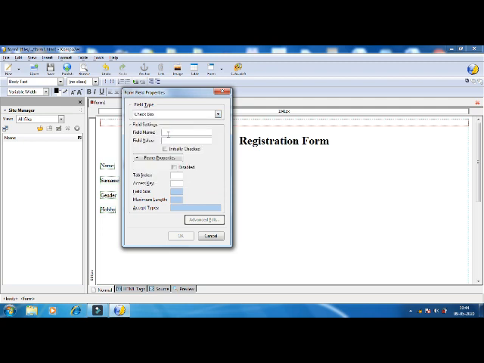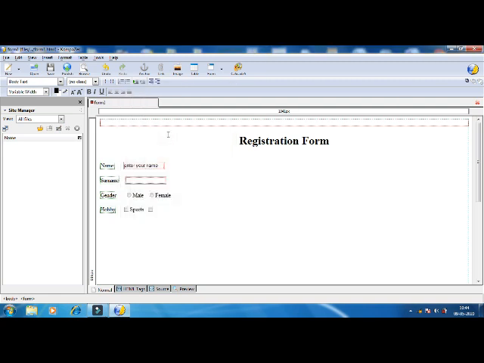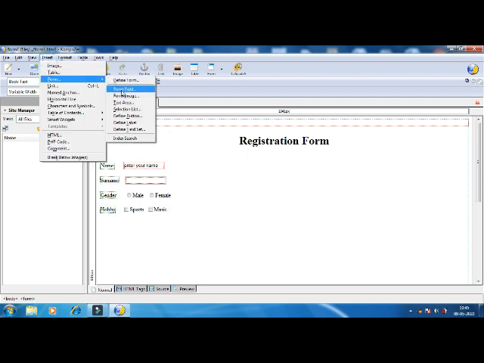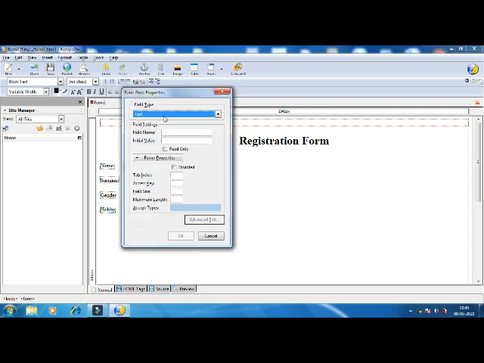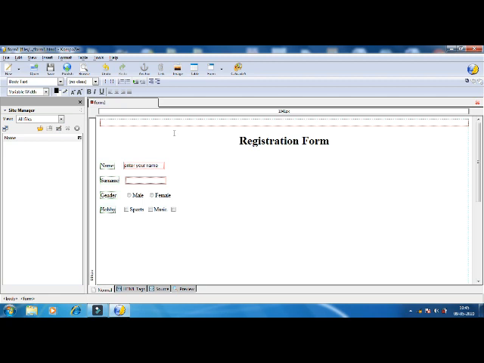In field value, music. Next checkbox. Now one more checkbox we are going to insert. Field name again will remain the same, that is hobby. Field value is reading. Now type reading there.